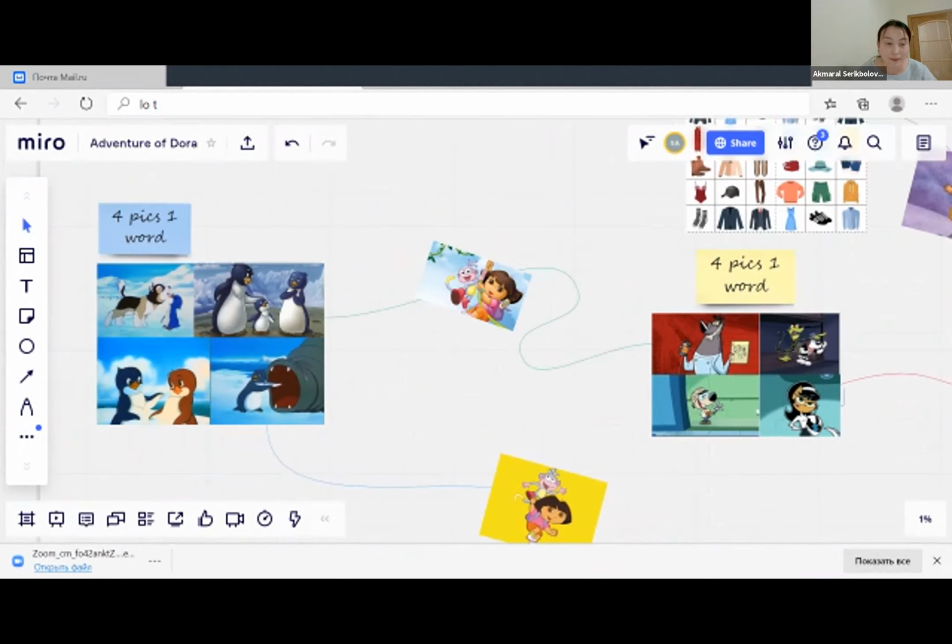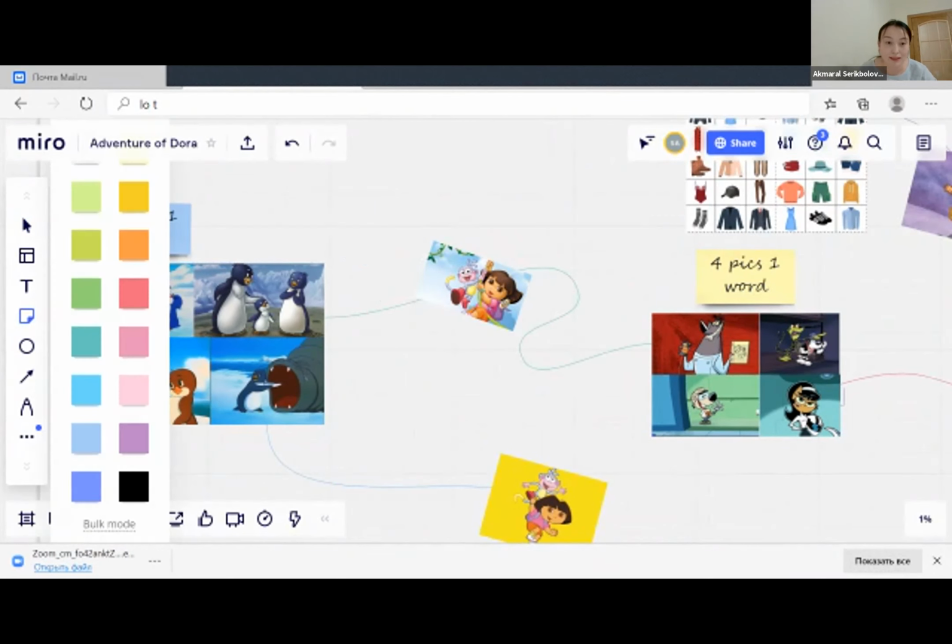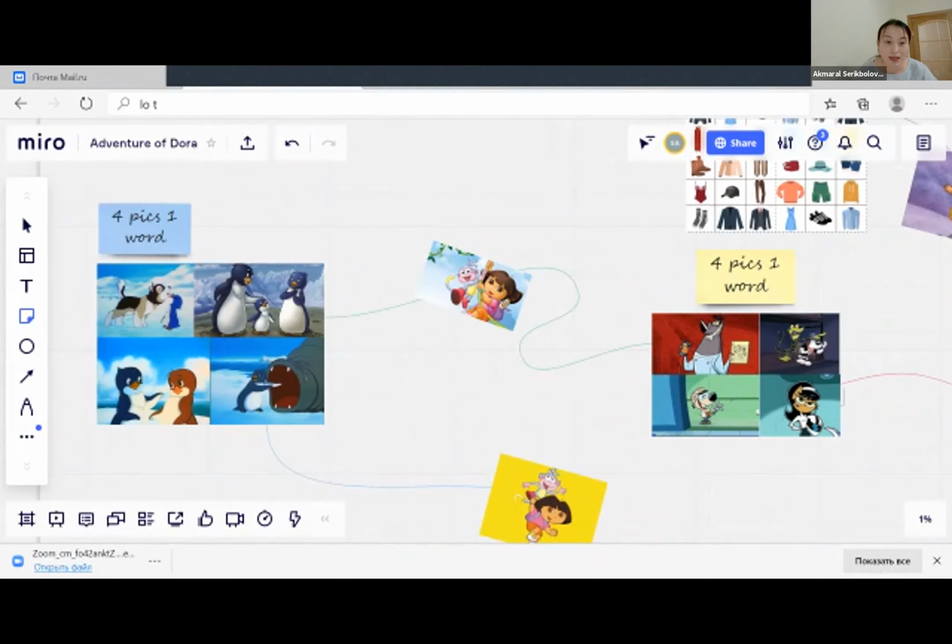So here you can again attach sticky notes and just write the title of the cartoon. For example, The Adventure of Love. So let's go to the next activity.